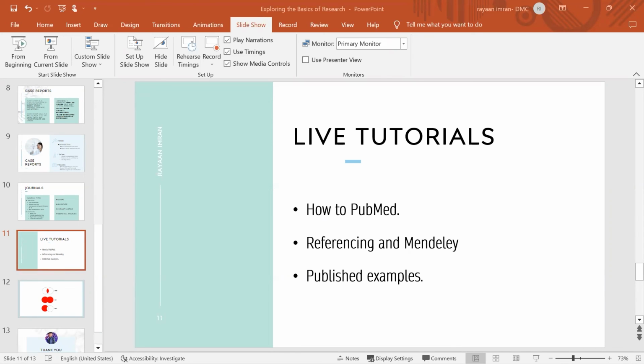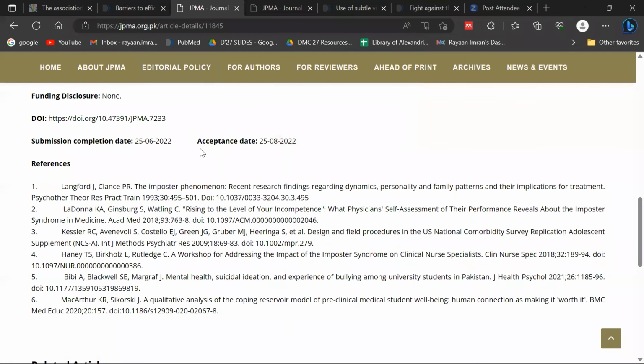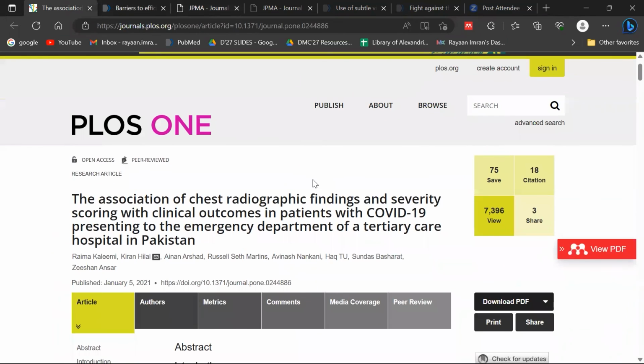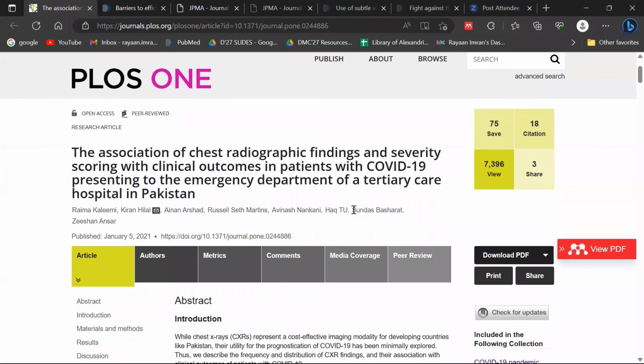So let me just open the article again. हाँ, ये रहा. So as you can see, guys, ये रहा मेरा article journal, ठीक है. And let's say this is a different sort of article जो कि यहाँ open access है. Let's say this was closed access, and you were not able to find the article for free, you want it for free. What do you do? See these names, सबके नाम लिखे हैं. You can contact these authors individually.